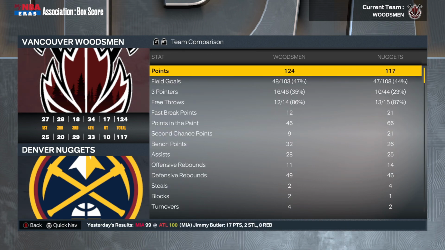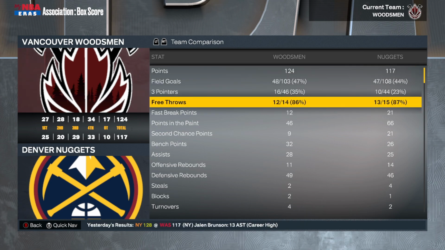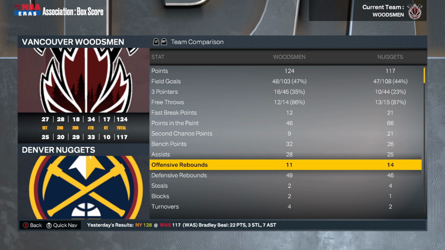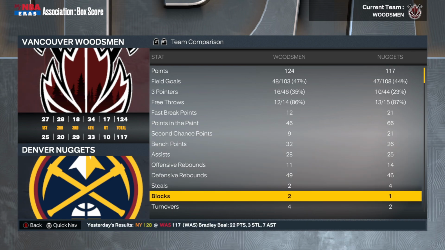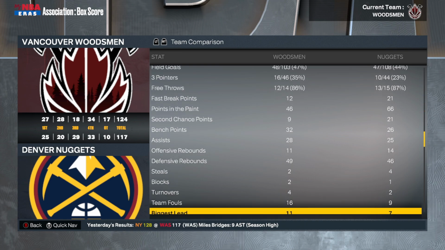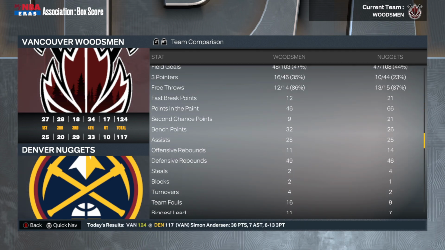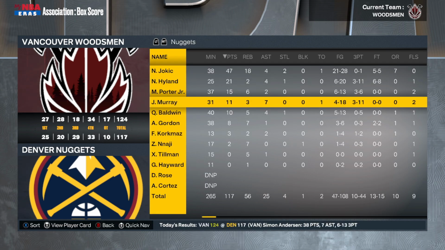Anderson had some absolutely huge shots that fell at the end of the fourth quarter and throughout overtime. But what a win this was against a very good Nuggets team. Only 4 turnovers for us and 2 for the Nuggets. So just taking care of the ball, and both teams played pretty well, but we came out on top,